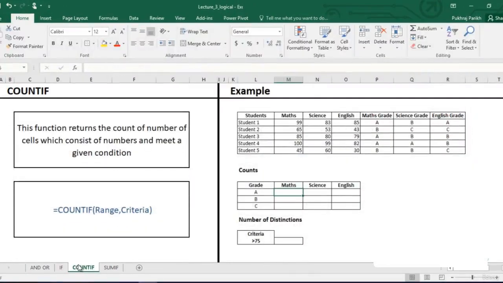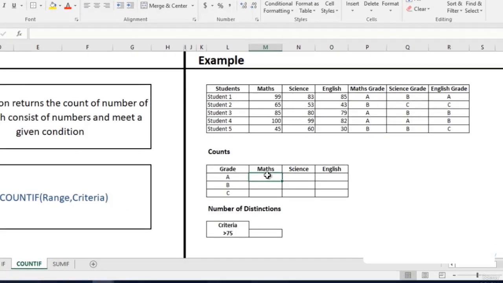Next we move on to COUNTIF function. Although this is part of statistical formulas in the formulas menu, we will discuss it with the logical IF formula only due to its similarity with IF function. COUNTIF returns the count of cells which satisfy the given criteria. Here, if we want to identify number of students who have scored grade A, B or C in every subject, we type is equal to COUNTIF,